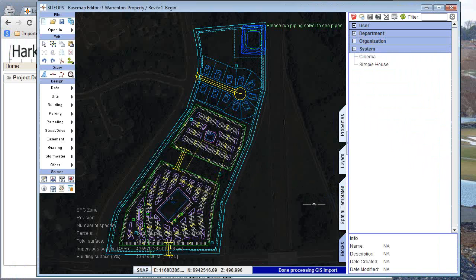So there you go. There's a quick overview of SiteOps software for conceptual design. It'll take a project from nothing to about first submission in 8 hours or less, and I've got the projects to prove it. And again, in that 8 hours, it's very likely that you'll have multiple alternatives. Submit those to the cloud for high-level processing, and get your results and make your